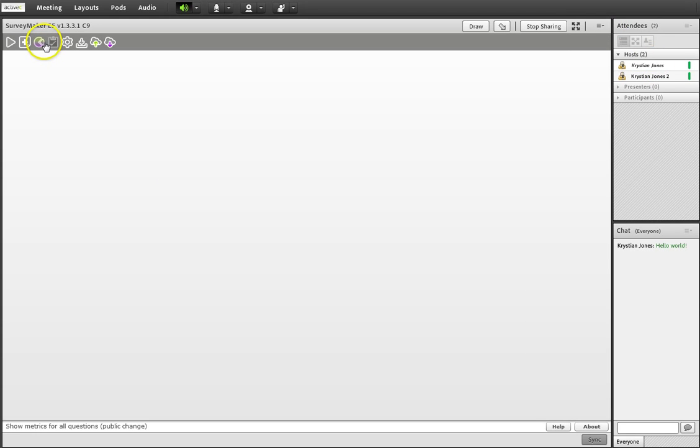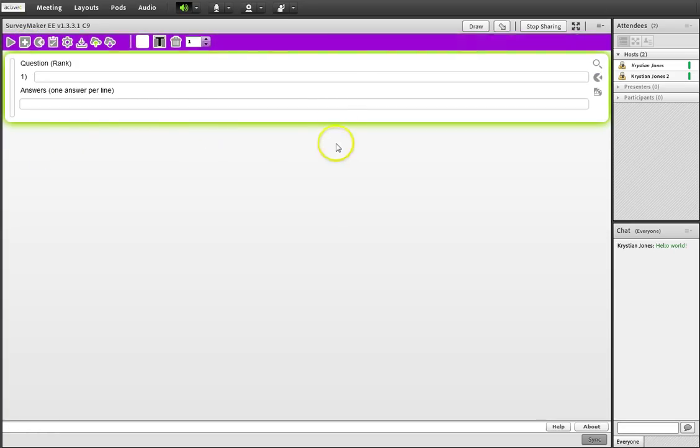Now, one of the first features that people who already know SurveyMaker will see is this purple bar at the top, indicating that we are in edit mode when we're trying to add questions. So if you see that flashing purple at the top, that is just to let you know that you do not have a live survey at the time, and you will need to set your survey live for everybody else to see the questions. So I've added a rank question, and we're going to show you a really killer new